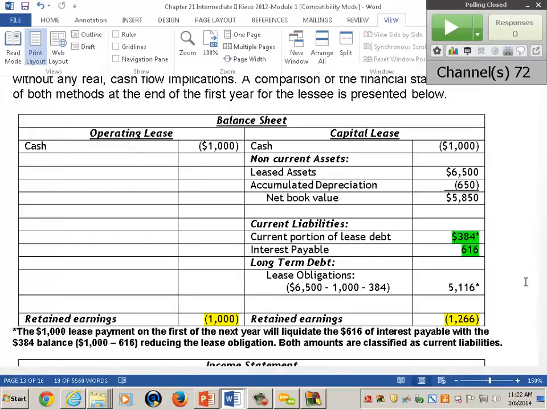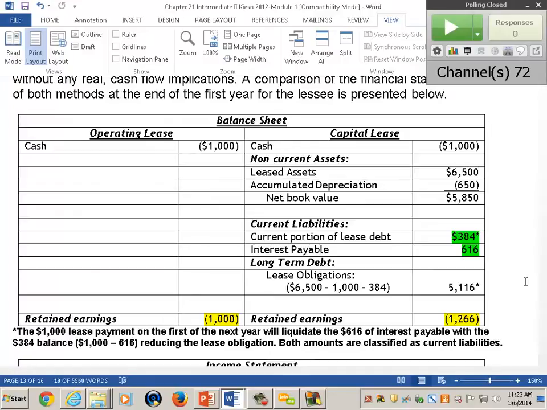And we did that back last semester, I think chapter 5, when we covered the balance sheet. We showed you that debt that is payable in installments, you'd have to take the current portion out of the long-term debt and place it into current liabilities. And of course, this is some of the arguments that I was making why lessees do not prefer a capital lease. The capital lease will erode working capital with these current liabilities, also puts the long-term debt on their books, and it lowers net income.